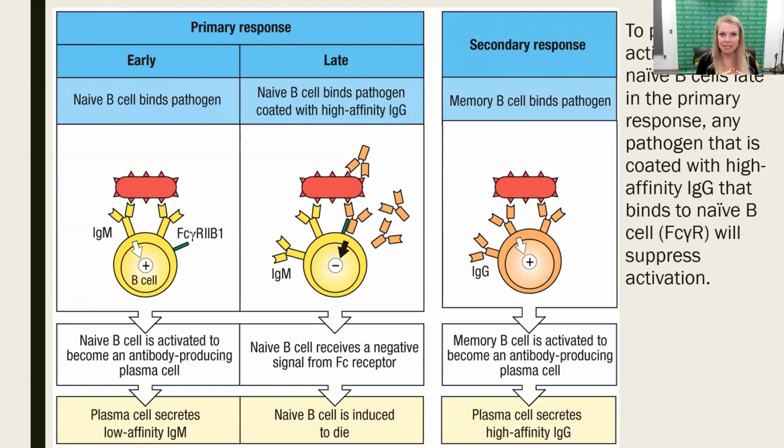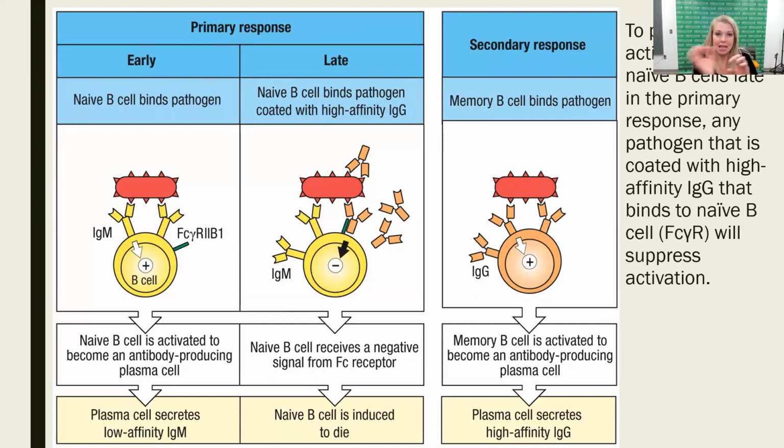To prevent the body from wasting time and trying to start a whole new primary immune response, there is this system that the immune system has, where any pathogen that is coated with high affinity IgG, which will be out there because of the memory cells,